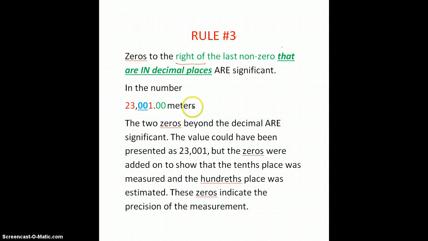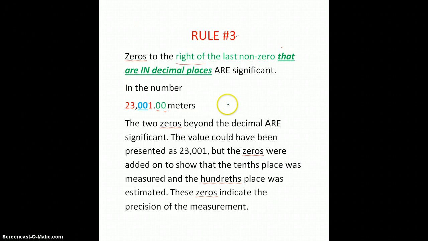And here's the reason why. I could have just as easily written 23,001 as 23,001. But if I wanted to show that I measured beyond the ones, namely whatever device I was using measured the nearest tenths, and then I would have to estimate the nearest hundredths,